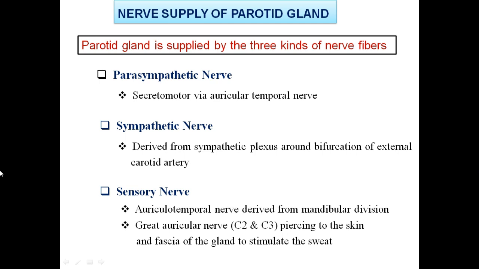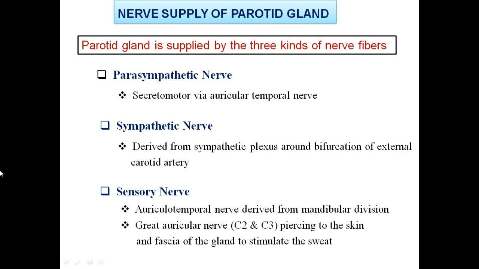Nerve supply of the parotid gland: parasympathetic, sympathetic, and sensory nerves. The parasympathetic and sympathetic fibers are derived from the autonomic nervous system, and sensory nerves are derived from the mandibular division of the trigeminal nerve, that is the auriculotemporal nerve.